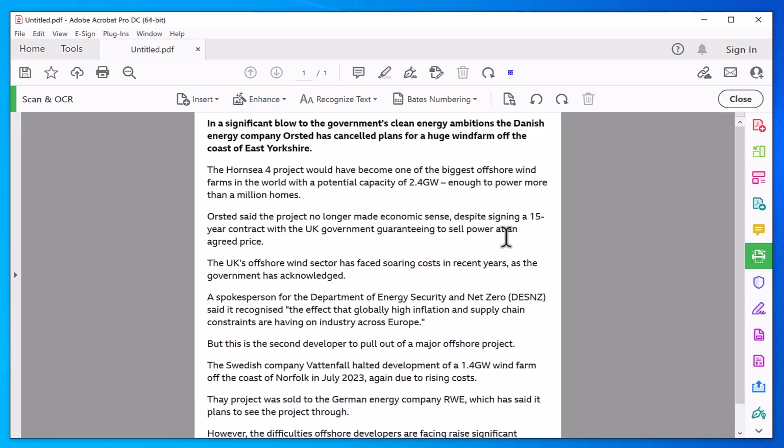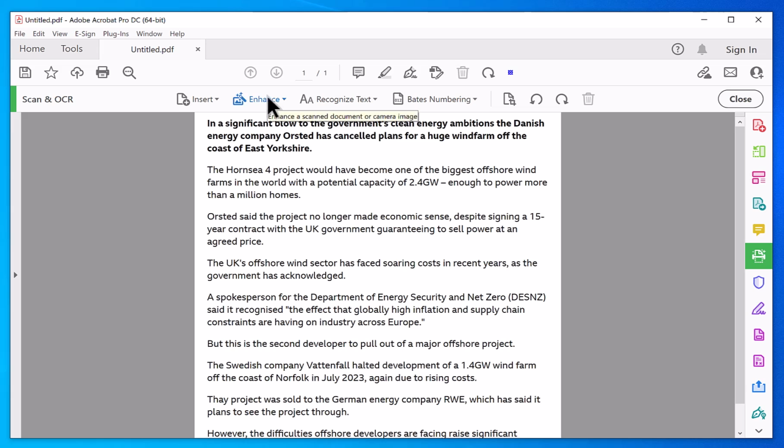And that will do the current page or the whole document, depending on what is set. So now this is text searchable where it wasn't before. And the quality should be improved. And okay, you're not reducing the file size, but you're retaining the quality and improving the quality because it's changing